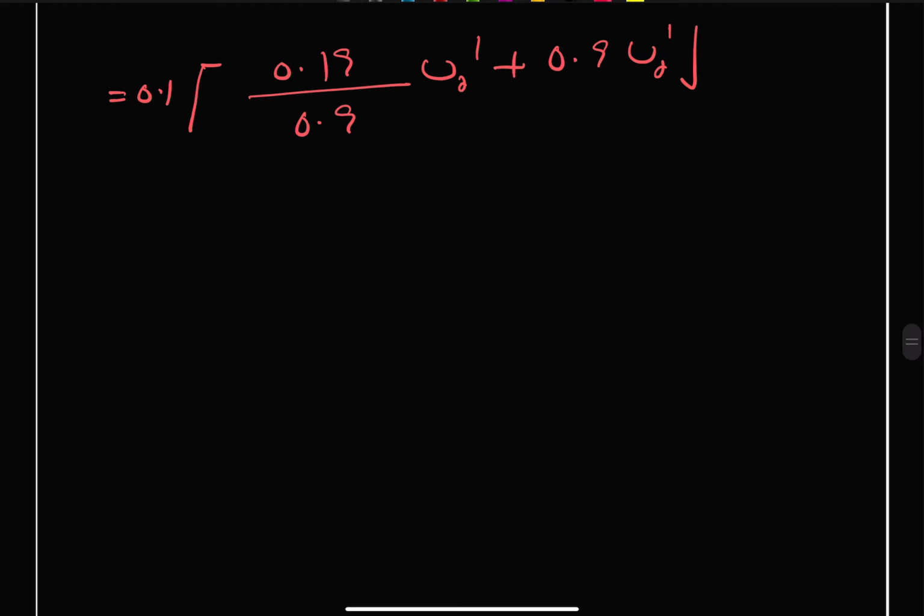So we get that our Lz prime is equal to 0.1 times vx prime divided by 0.9, okay, so we can write this as 0.1 divided by 0.9 vx prime,